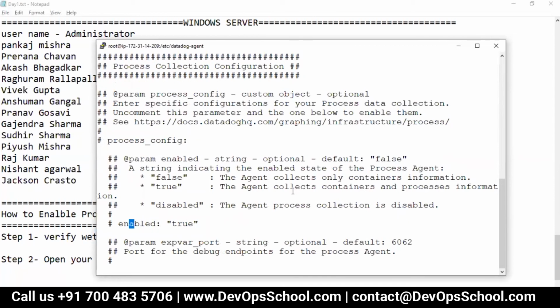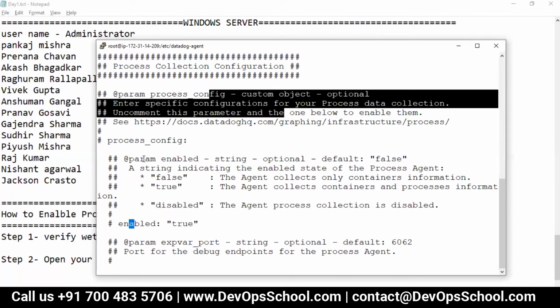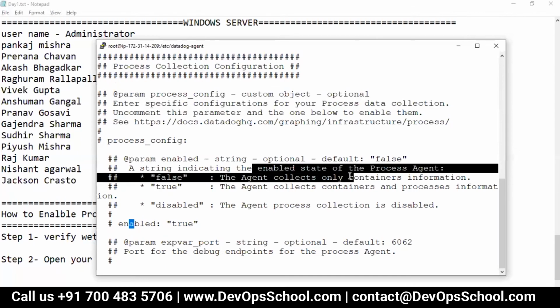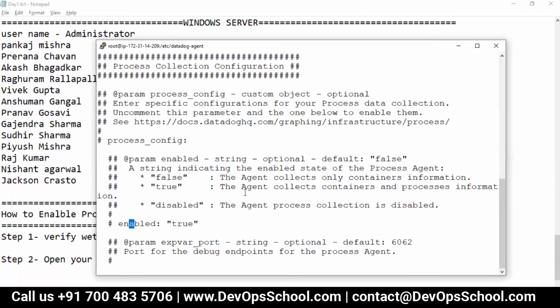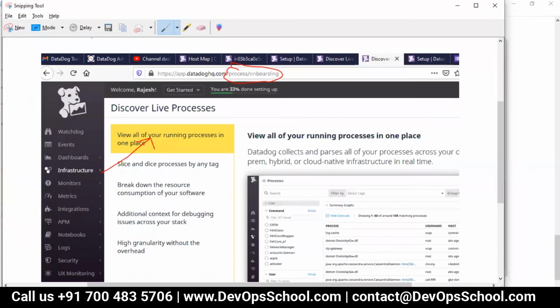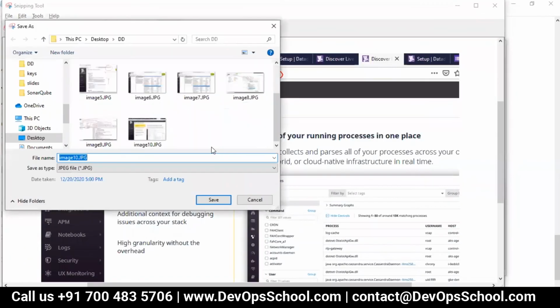Right now, see here, you can read this: process collection configuration. So you can enable this for any processes which are running in your system. By default it is false, so you have to make it true. Okay, so this is the thing you have to do. So I will just delete this. Okay, and I'll take a screenshot also, so you will do that.